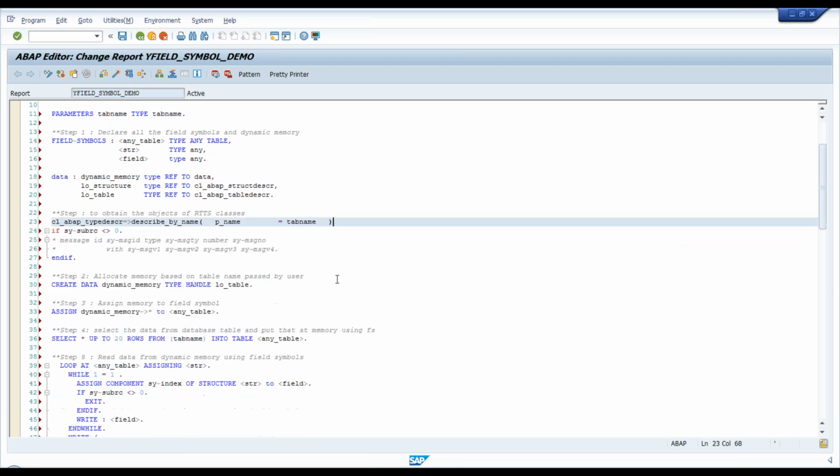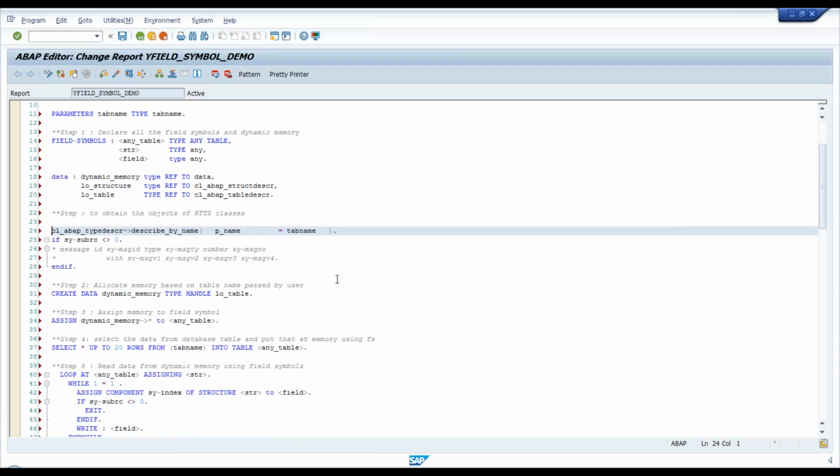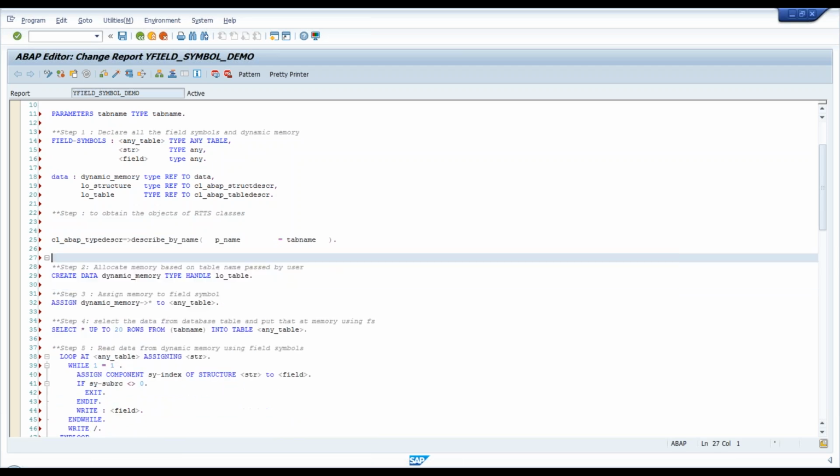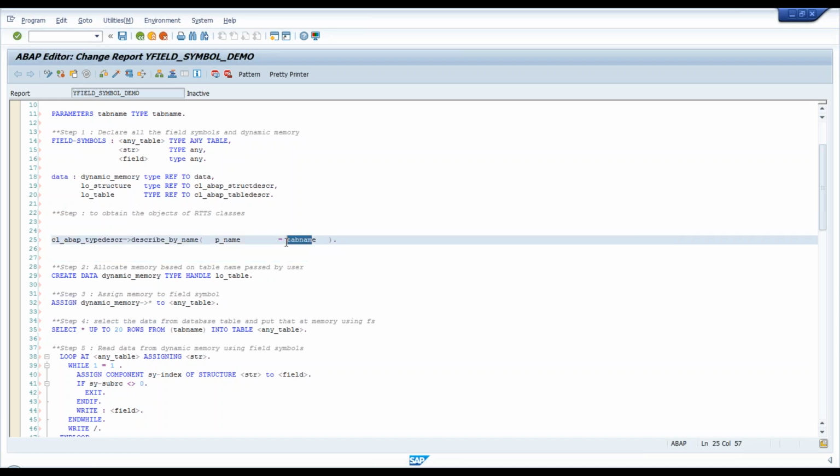I'll remove the rest of the code which is unused. So that's my first object creation. Now the type descriptor class's describe by name will give me an object of this particular table type. So this will give me the runtime type identification object. Now, if you look at the returning type of this,